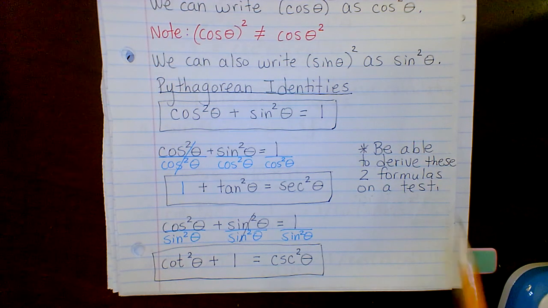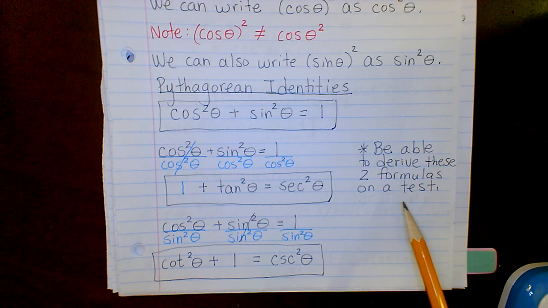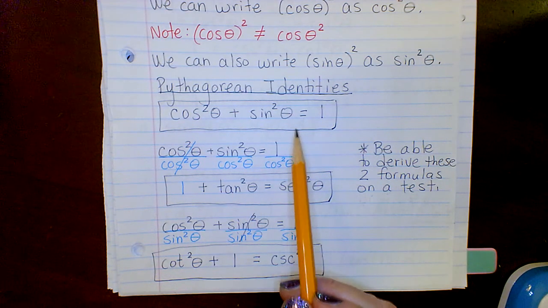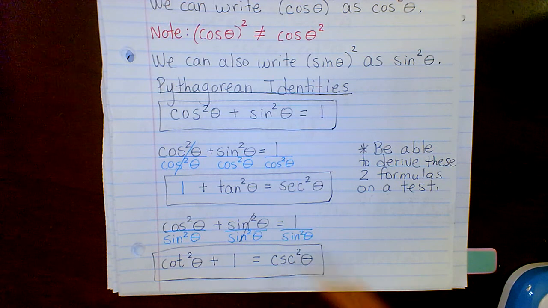I want you to be able to derive these 2 formulas on a test. So if I ask you to use this Pythagorean identity and derive one of the other 2, this is what I'm looking for. I just want you to know that that's something that could be asked of you. Okay, so